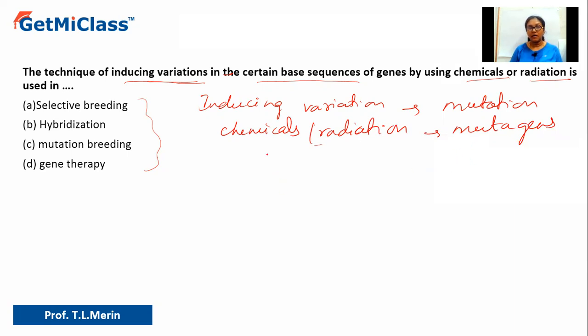Now, so let us see. Where can we see the application of this particular technique to bring about variation? We want to change the general normal makeup, to produce some difference in the characteristics. So let us see. Option A says selective breeding. So selective breeding here, they don't do mutation. They actually select, in case of selective breeding,